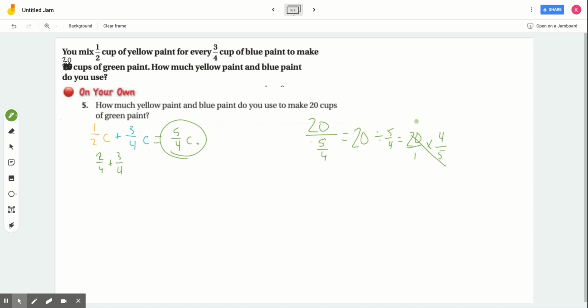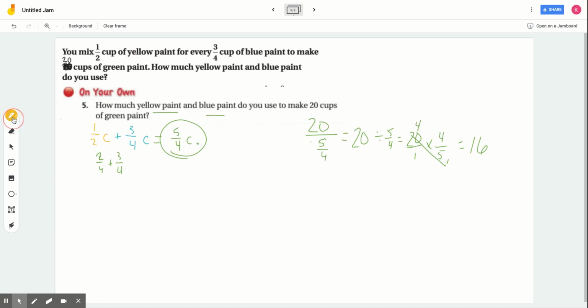We use division. Since we can't divide by a fraction, we instead multiply by the reciprocal. We can cross cancel if you'd like. 20 divided by 5 is 4, and 5 divided by 5 is 1. 4 times 4 is 16. So this tells us that we are going to need 16 parts of each part of the ratio. So if we're asking specifically how much yellow and blue paint do we need